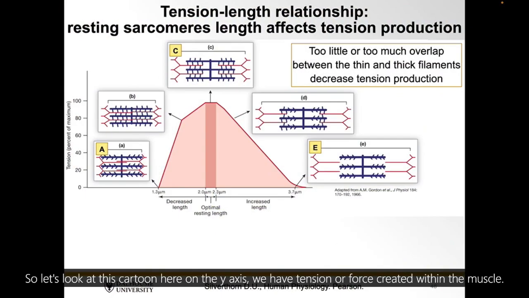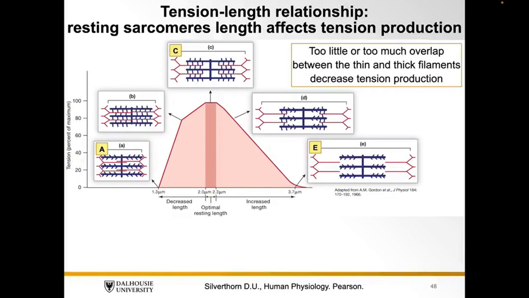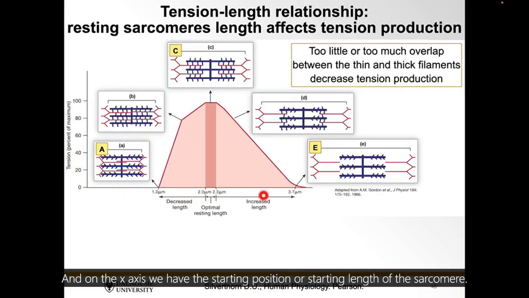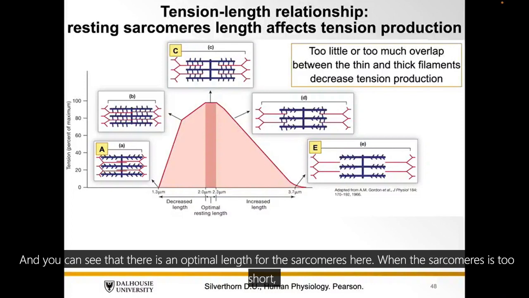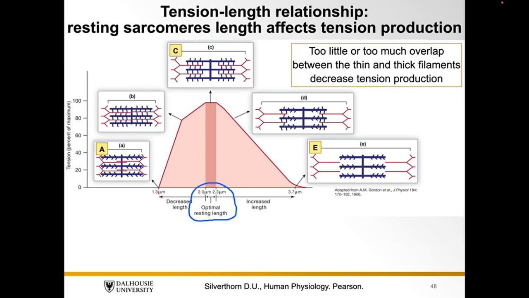So let's look at this cartoon here. On the y-axis, we have tension or force created within the muscle. And on the x-axis, we have the starting position or starting length of the sarcomere. And you can see that there is an optimal length for the sarcomeres here. When the sarcomere is too short,